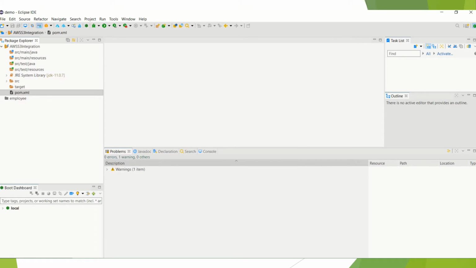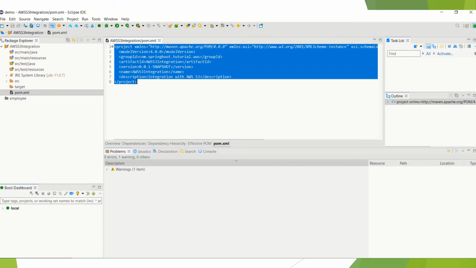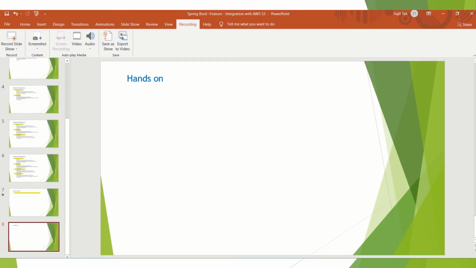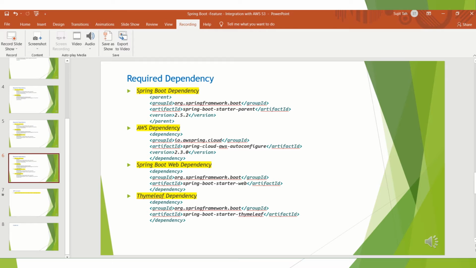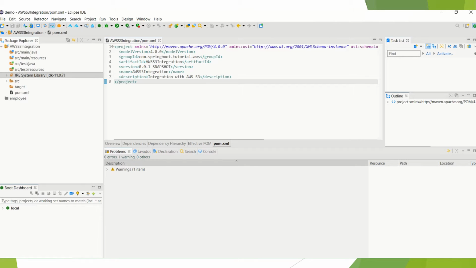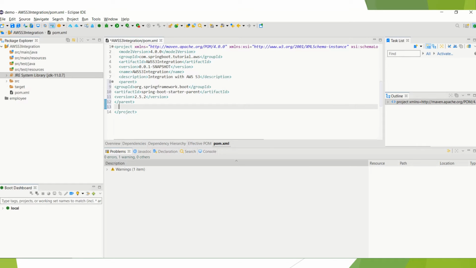Now what we have to do is first change our pom.xml. So these are the things which I've already provided. Now we need to add the corresponding dependency in our project to get the AWS related jar file. So if you see, till now we don't have any Maven dependency. So now if we go to our corresponding dependency, first let's copy this from our presentation. First we need to add the parent. Yes. Now we need to add the corresponding dependency. Let's add the dependency here.